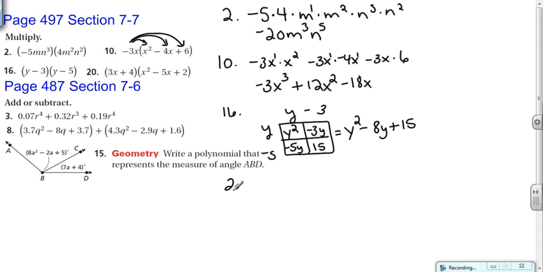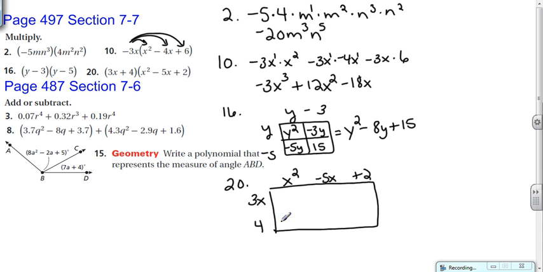Number 20, binomial times a trinomial. I always like to do the box for those. So x squared, negative 5x plus 2. Now you could have also just did double distributive property. You don't have to do the box. So when I do the box,